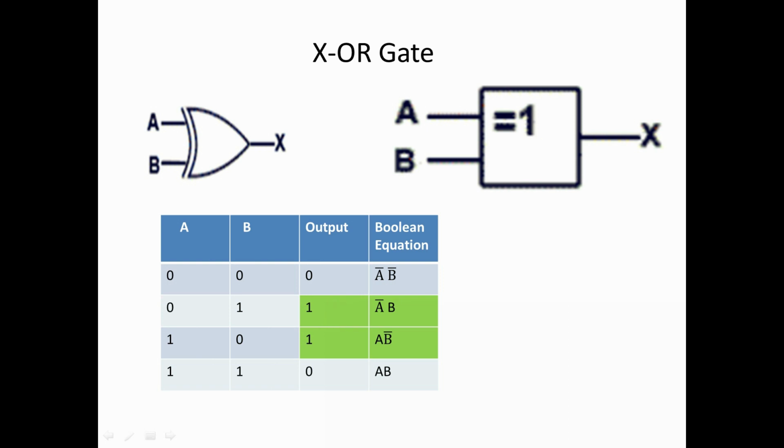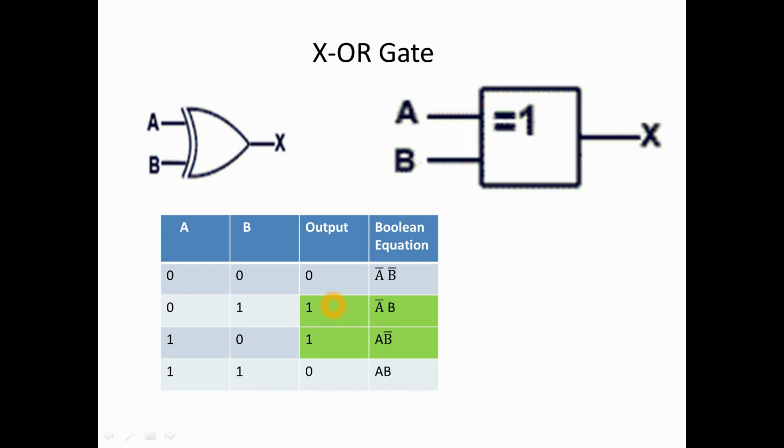That is also true for the OR gate. Here also, for the exclusive OR gate, the output is logic 1 when the input is 0, 1. For 1, 0 also, the output is 1 for the exclusive OR gate, just like the OR gate. But when both inputs are logic 1, the output is 0 for the exclusive OR gate. That is the difference between the OR gate and the exclusive OR gate.